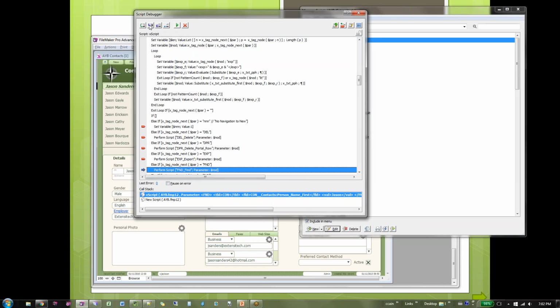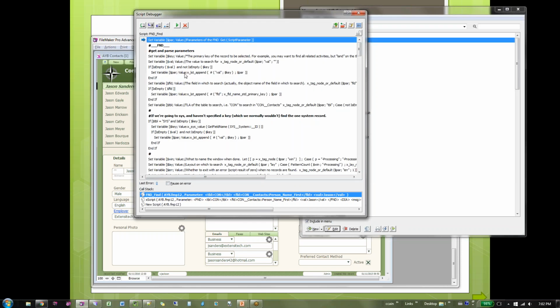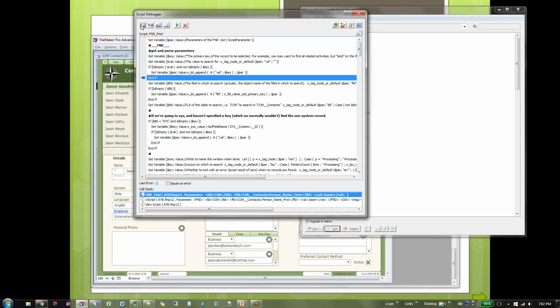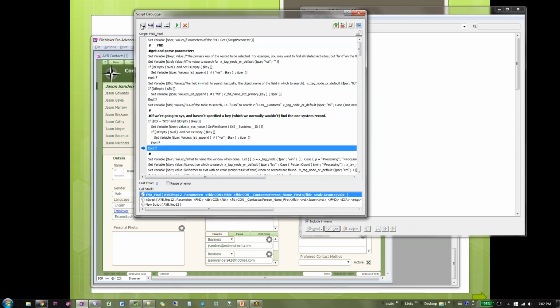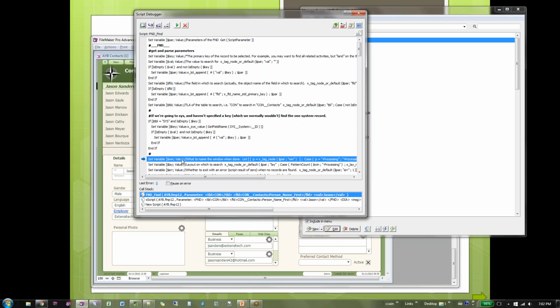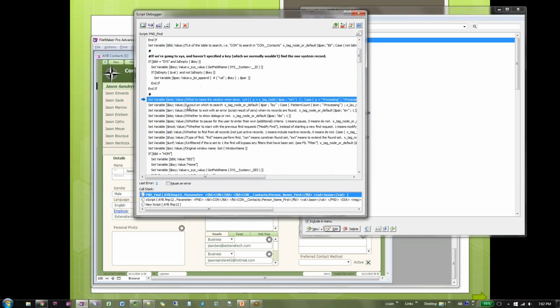Okay? So we step in, and at the top of this script, we're also parsing out the parameters, right? Saying, what have I said specifically about this find? What should be the name of the window when I'm done with the find? What layout should I perform the find on? What table am I going to go to? Should I show errors if nothing is found? Should I show dialogues at all? I can shut those off. Should I pause for the user to add their own criteria?